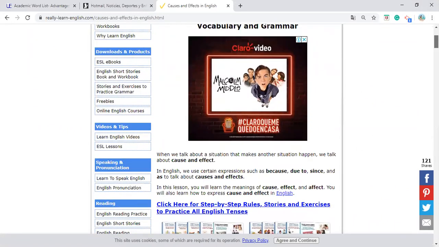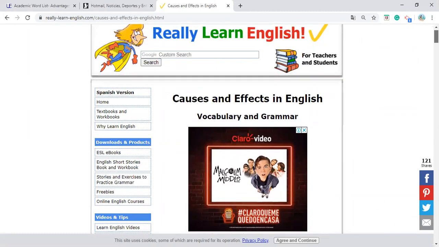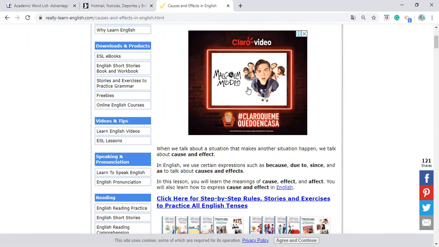Vean, aquí tenemos causes and effects vocabulary. We can talk about a situation that makes another situation happen. We can use cause and effect. In English, we can use certain expressions such as because, due to, since, and as to talk about causes and effects. Let's see